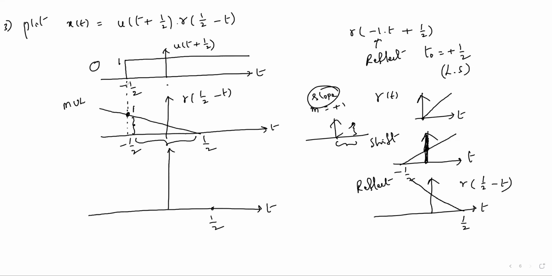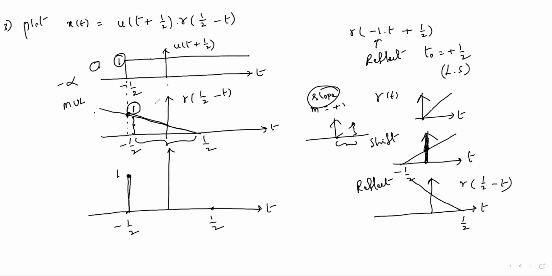Here up to minus 1/2, minus infinity to minus 1/2, the signal is 0. 0 multiplied by anything is 0. So up to minus 1/2, the product is 0. And then at minus 1/2, one signal amplitude is 1, second signal amplitude is also 1. 1 multiplied by 1, 1 only. So the signal amplitude is 1 at minus 1/2, and then this is the waveform